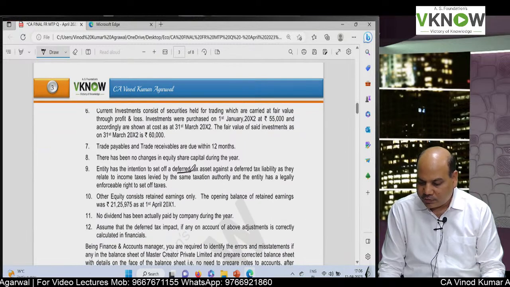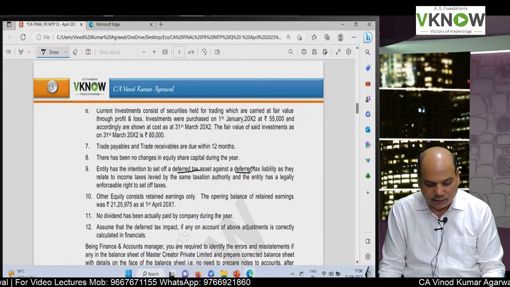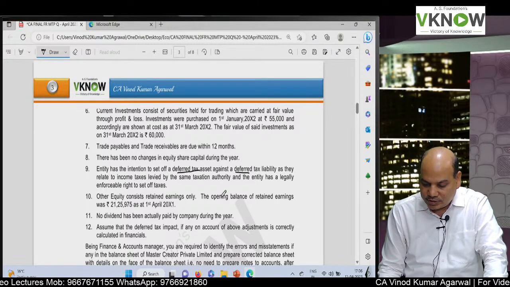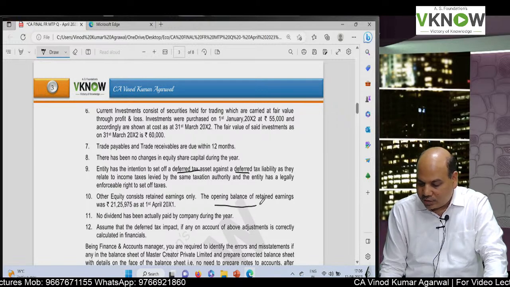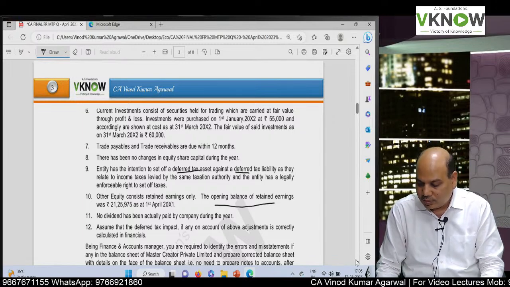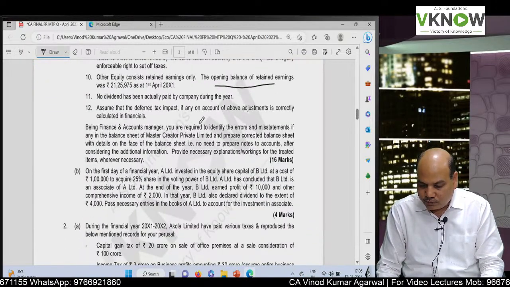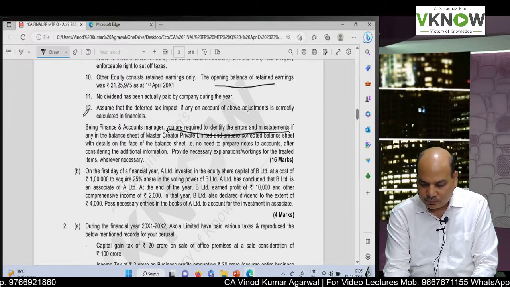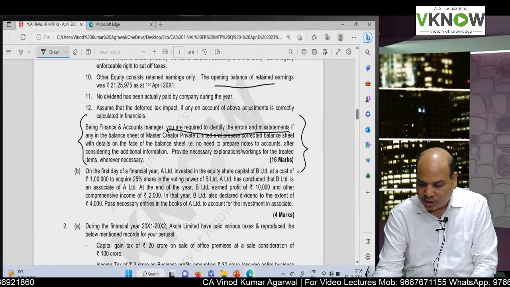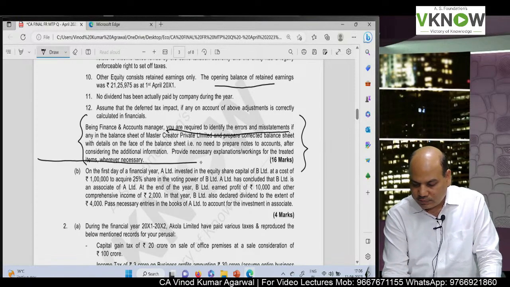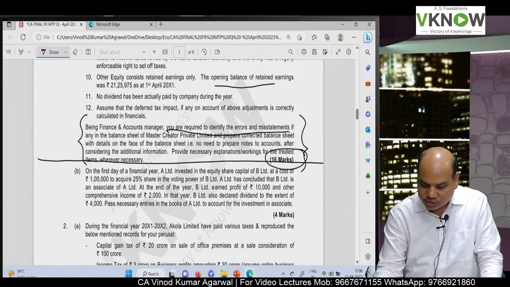Deferred tax adjustment was there. Adjustment in the sense they have shown it separately, you have to show it net of each other. And then in the balance sheet, retained earning was also wrongly presented, so the student will have to rectify that. So this was your first question. In the classroom normally we take such a question and the student will be able to solve easily, to rectify the errors and draft the balance sheet all over again. That was your question number 1A for 16 marks.